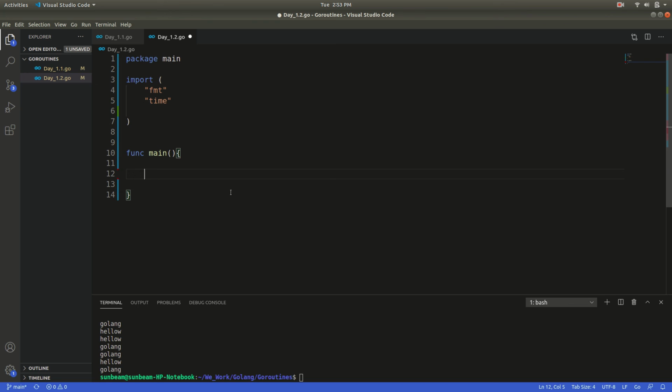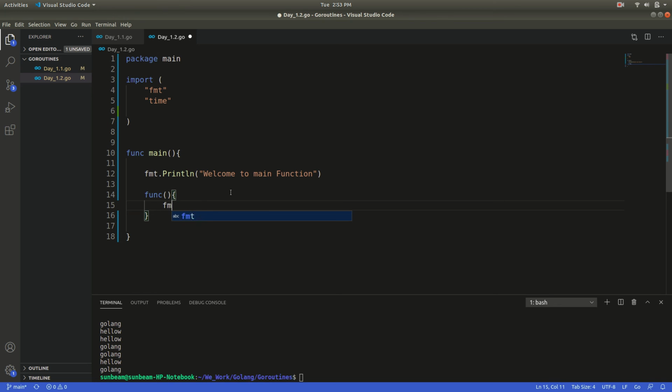Now see, print welcome to main function. Okay, now create an anonymous goroutine function.